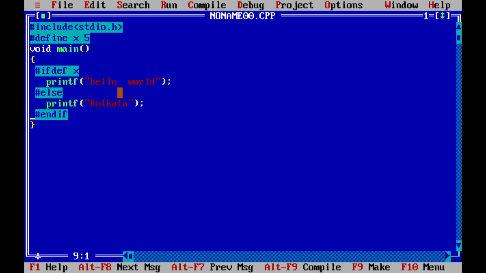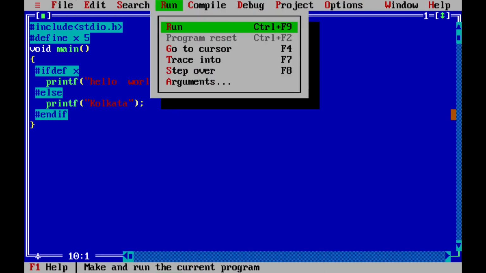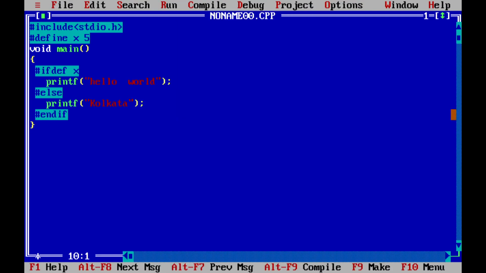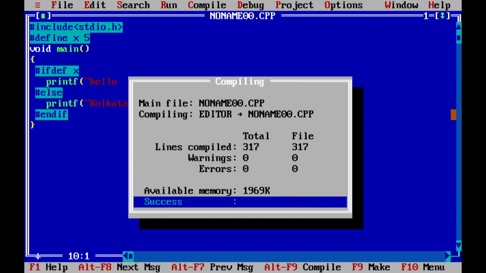So what is the total number of lines I have here? You can see the total number of lines is 10. Now let's see how many lines are compiled. 317. Why? 313 was there, and then these lines are added.